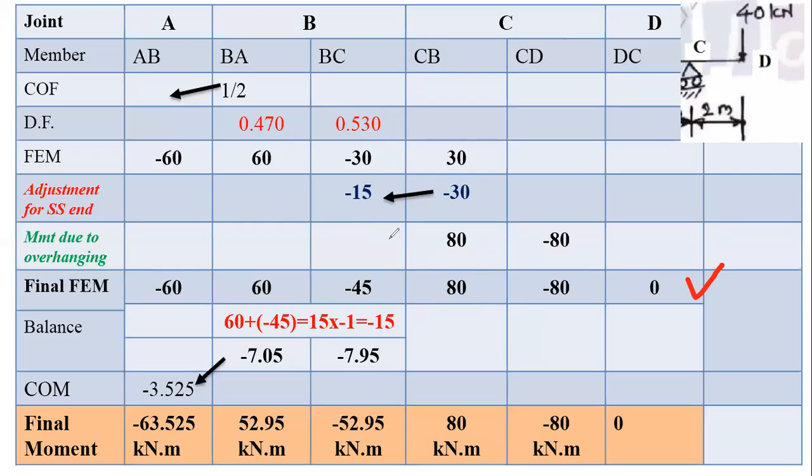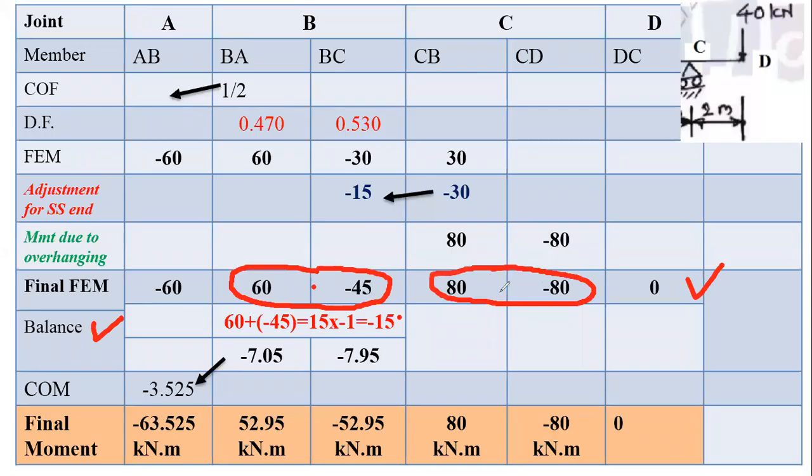Now perform the iterations. Now we have to perform the cycle. So first step, it is the balance step. Now tell me, why to consider the balance step only at joint B? Why not at C? C ला आपण हे balance step का calculation केलं नाही? Why to perform the balance step only at joint B? सर, कारण जॉइंट बी ला दोन्ही साइडला मोमेंट आहे, जॉइंट सी ला फक्त सीबी ला 0 आहे. Yes, because here if you observe the joint C, movements are already balanced, equal and opposite movement.